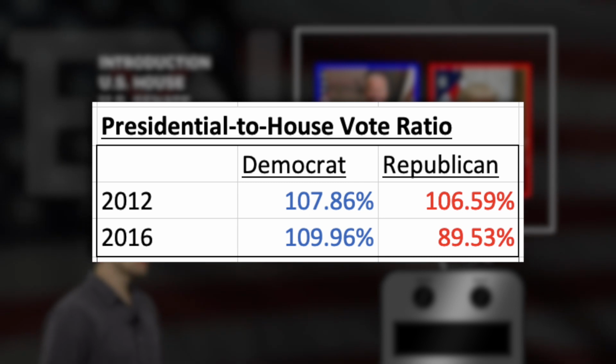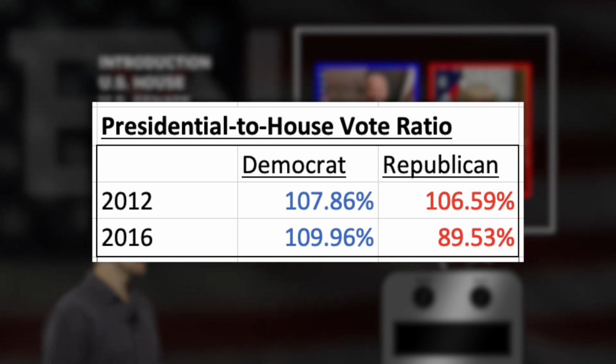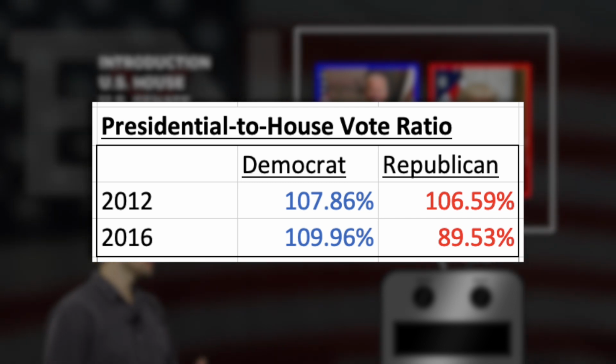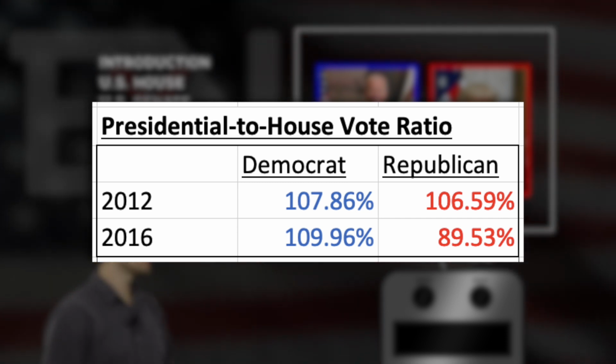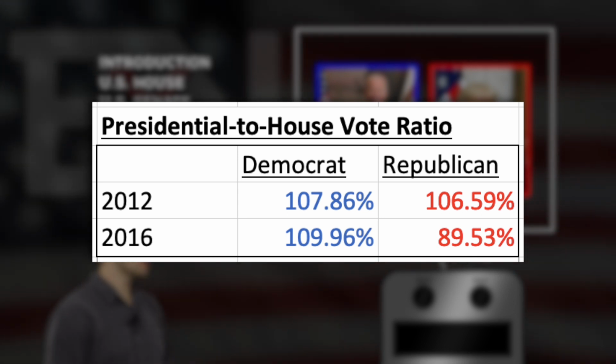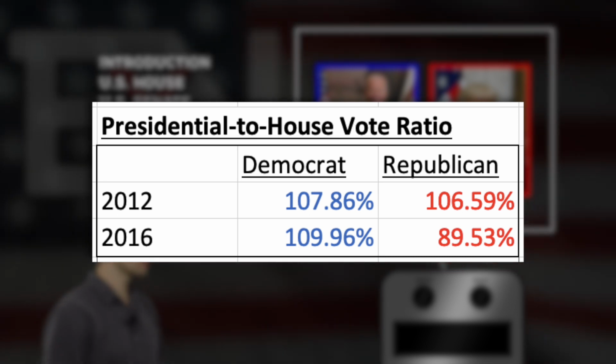The raw House turnout numbers for Republicans in 2016 were much higher than they were in 2012. So Mitt Romney and Donald Trump in those two different election years both received a pretty comparable amount of votes, even though their voter turnout ratios were way off. Trump benefited from having a better raw House turnout from Republicans that year.